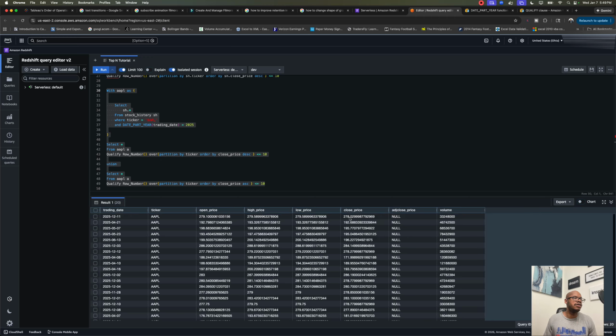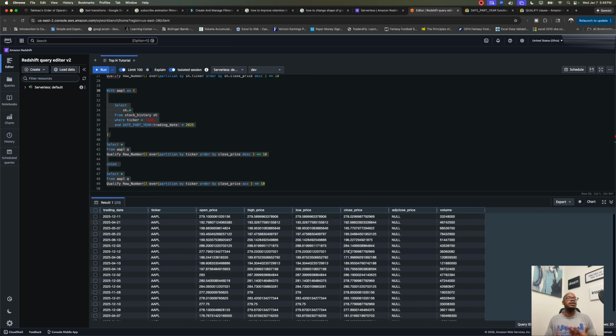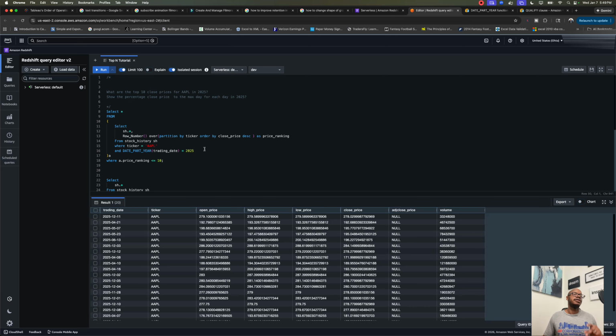You see all these ones from earlier, the 270 to 284, but you also see these prices that are really, really low, like this 181 or 171. So I'm guessing that 171 is probably the lowest ranking, right? It's really, really powerful because you can reuse the same code multiple times. Okay, so that takes care of the first question, which is what are the top 10 close prices for